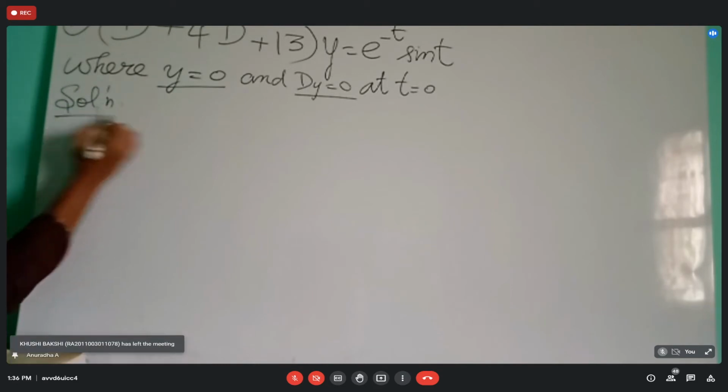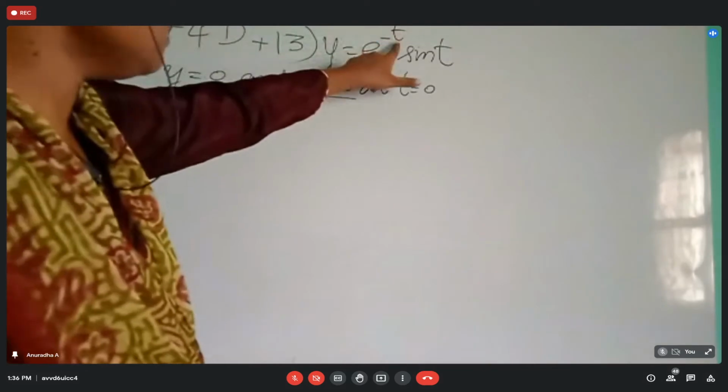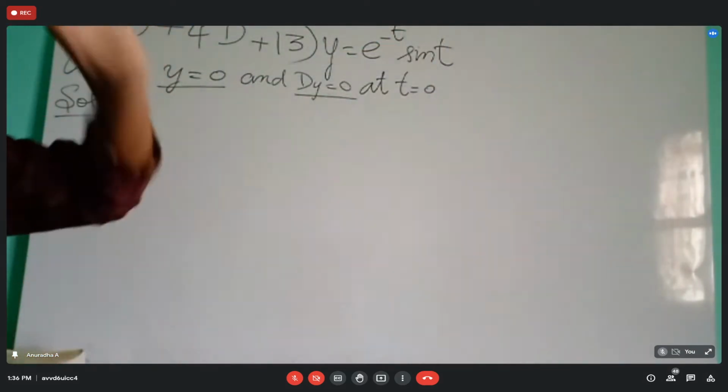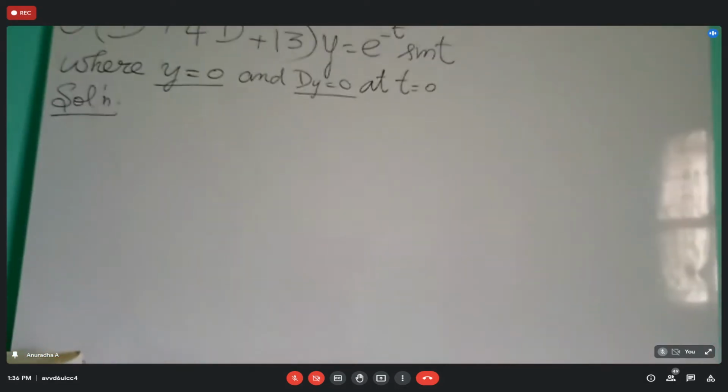First we have to determine what is the independent variable and what is the dependent variable, because we have to write the final answer accordingly. If in the same question they have given the right-hand side using x, then x is the independent variable. That's what we have learned. Now t is given, so t is the independent variable.